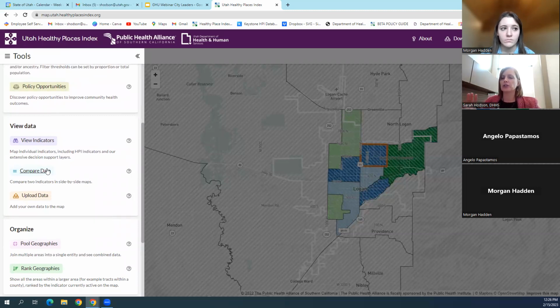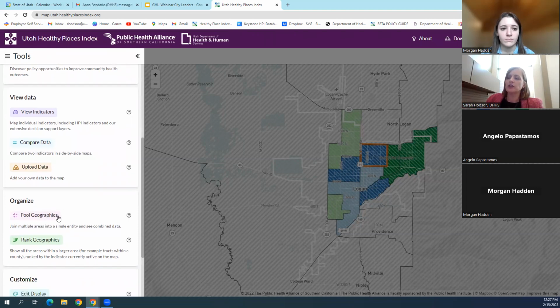So you may be interested in looking at 2 indicators, maybe education, and maybe one related to income, and look at them side by side and see where you can see some comparisons. You could pool if the geographies in the drop-down box don't meet your needs